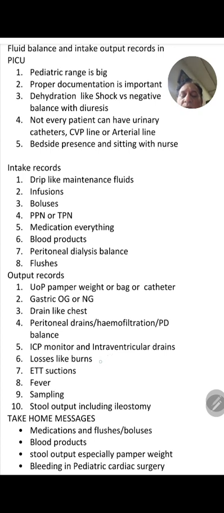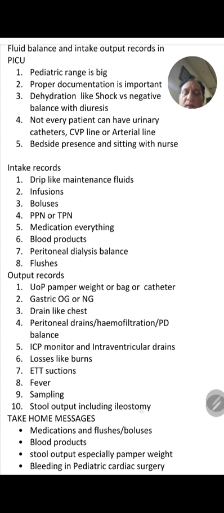Losses like especially burn, lot of insensible losses. ET suction is very important. Someone is febrile, there is a lot of insensible losses. Sampling also we need to count, and stool output is the most important thing, including ileostomy outputs, because a lot